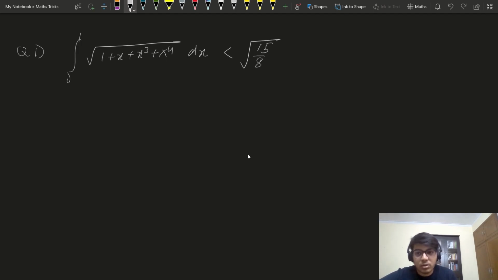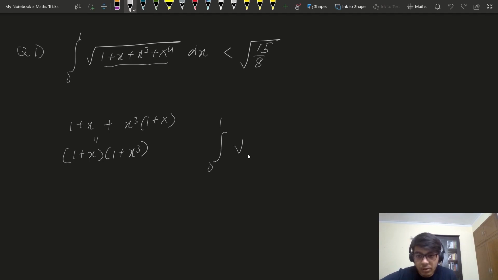Pause the video, try the question, then look at the solutions. So let's focus on this. 1 plus x plus x cube, take x cube common: 1 plus x. Factorize basically, x into 1 plus x cube. So this is the integral from 0 to 1 of root 1 plus x